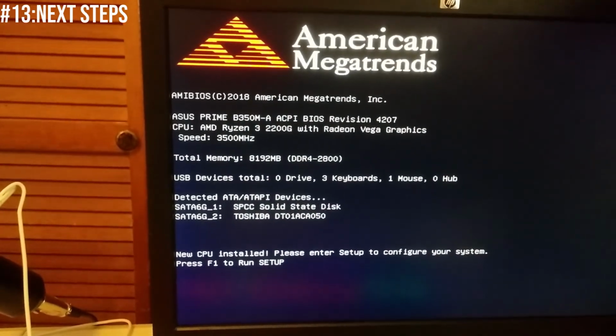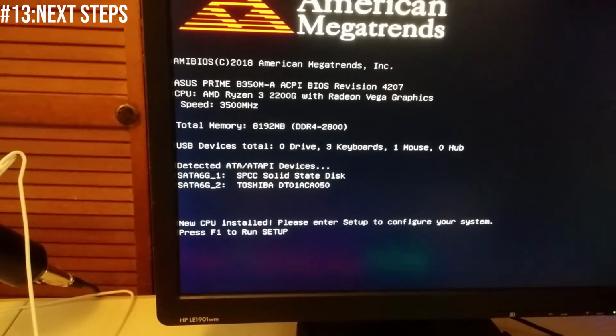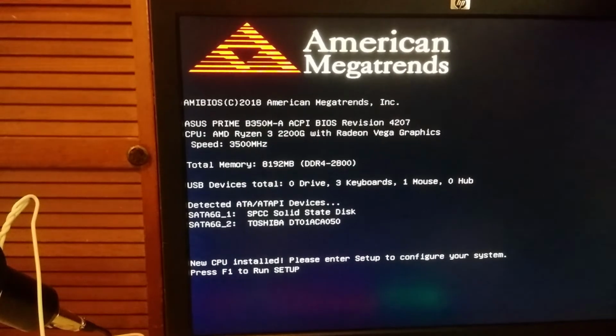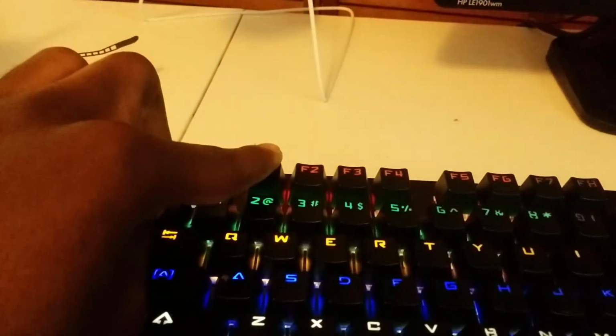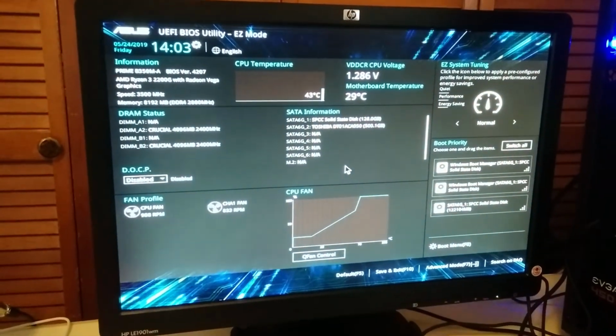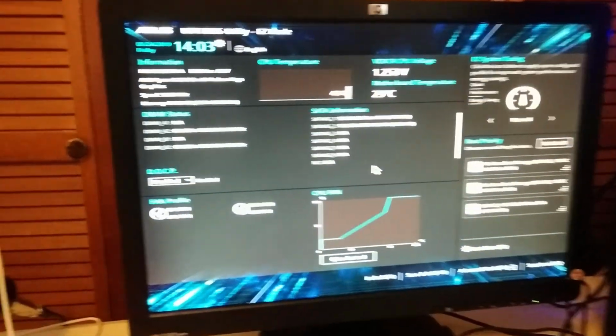Now that you've gotten that out of the way, you're going to need to install your choice of operating system, so you can actually use your system. Unless of course you just want to gaze upon the wonderful and mysterious BIOS menu. A video on installing an OS to your new PC is in the works and will be released soon, but for now though, I'd recommend preparing the materials you'll need to install your OS, which are a flash drive and